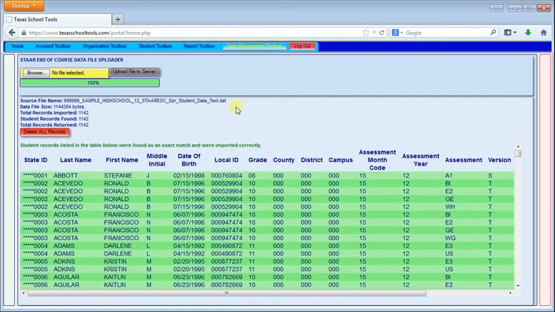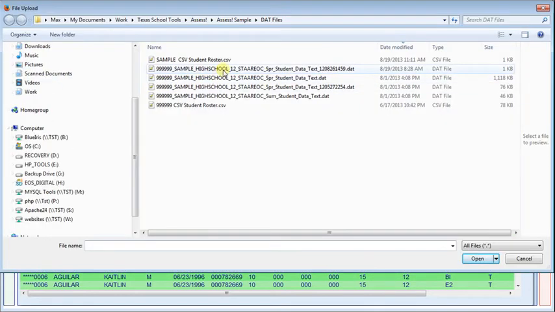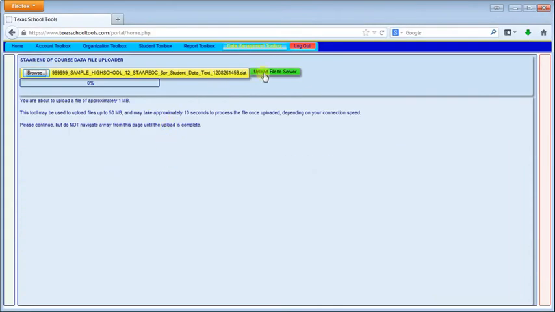I can now continue to import a second data file by simply clicking the Browse button, choosing the next file that I would like to import. In this case, it is the file with one student who has an error and a partial match based on their state ID number. And I click Open, upload the file to the server,